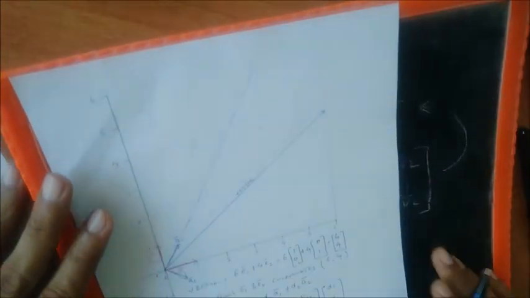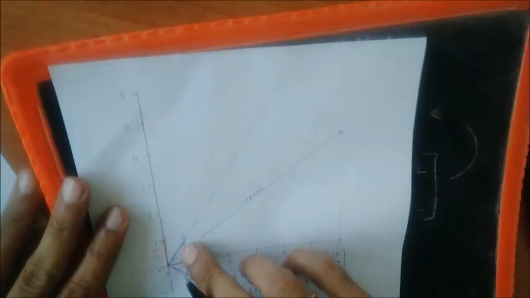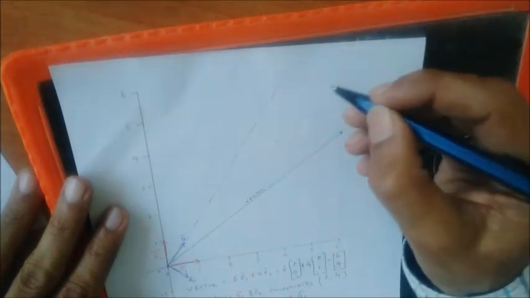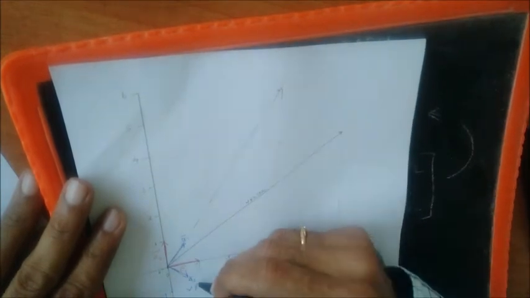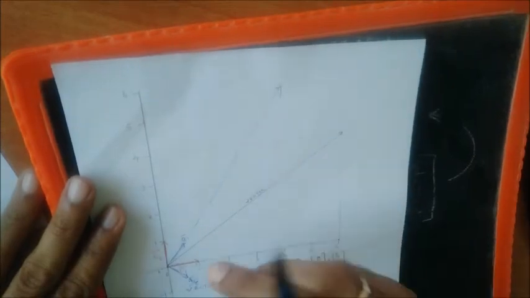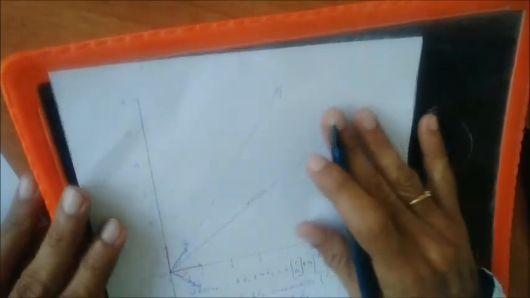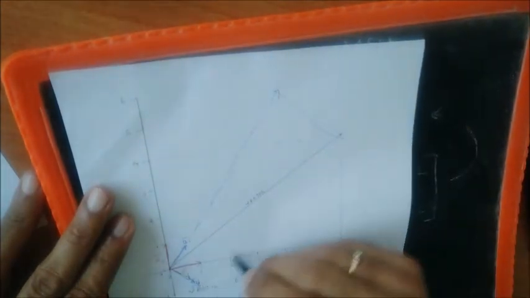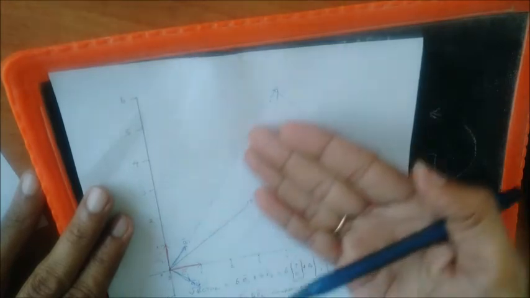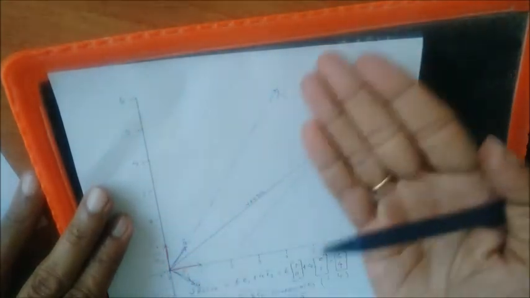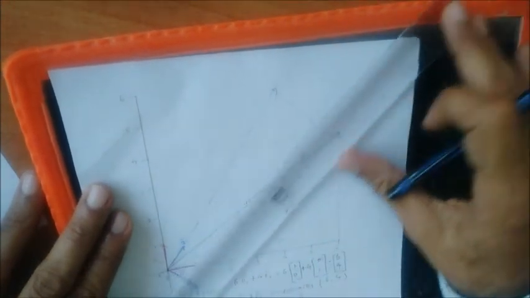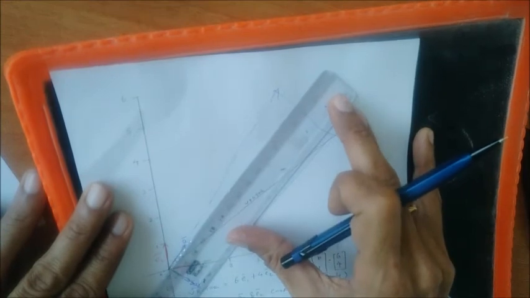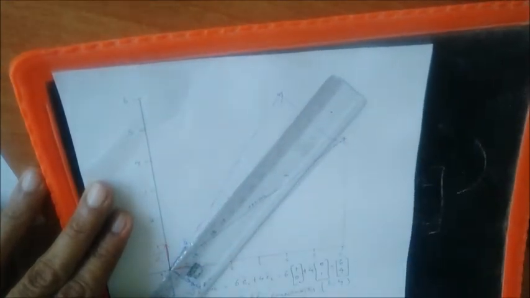7.07 times a1, so when you multiply a1 with 7.07, you will end up getting this vector. And when you multiply this with 1.41, maybe something like this till here. If you put these two together, you will get this vector, which sounds perfectly reasonable. Since it's a freehand sketch, it looks slightly slanted, but actually it would have gone like this. Even if I show it with the scale, it would have gone this way, and it would have been a perfect rectangle.